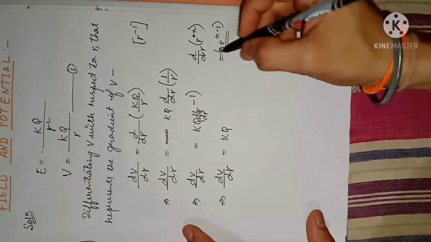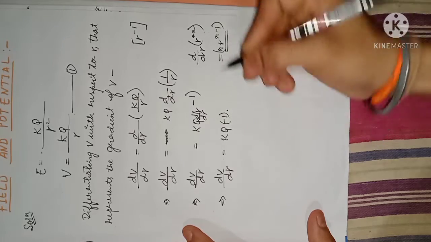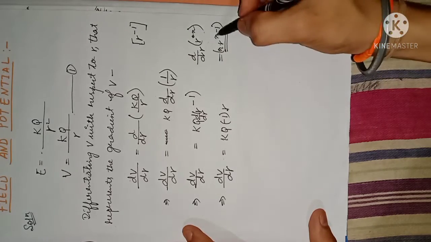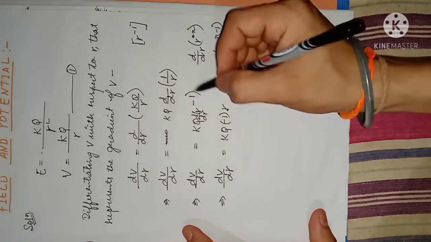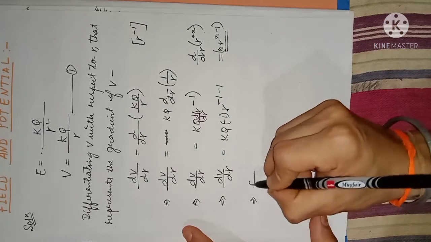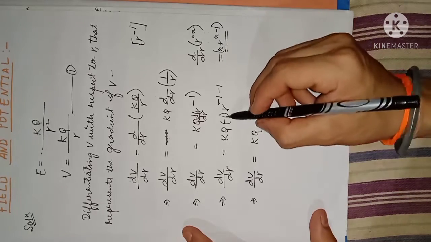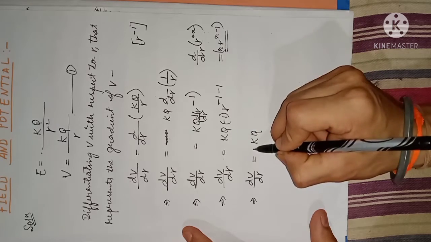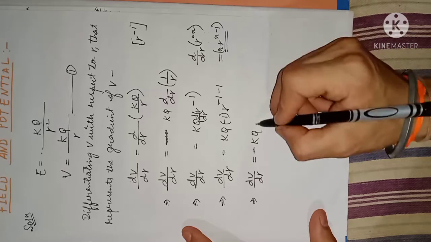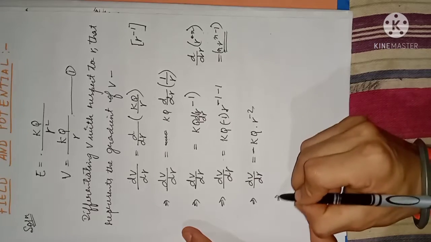So by substituting the formula, since we know n means minus 1, we get minus 1 into r to the power n minus 1. What is n here? n is minus 1, so r to the power minus 1 minus 1. So dV by dr will be equal to kq, and the minus will come out, and r to the power minus 1 minus 1 is r to the power minus 2. So dV by dr